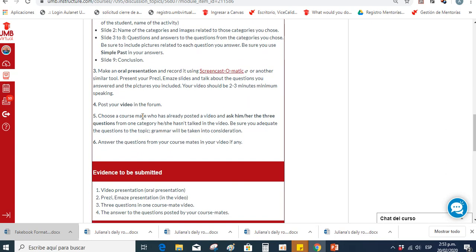After that, we have to make another presentation and record it using Screencast or Loom or another similar tool. Entonces recordemos que posteriormente, ya luego de la creación de la presentación, vamos a hacer una presentación oral que presente la elaboración de lo que ustedes crearon y que tenga una duración mínimo de 2 a 3 minutos. Alright, post your video in the forum and choose a classmate who has already posted a video and